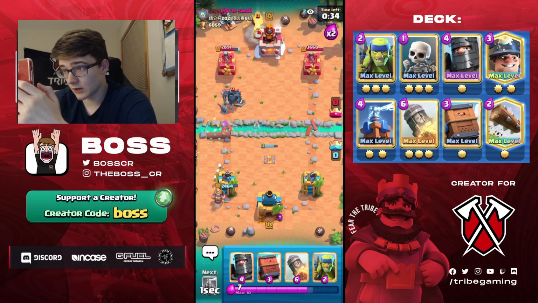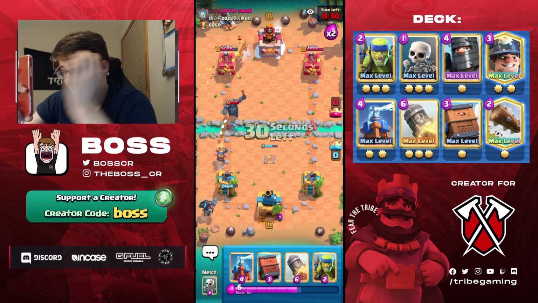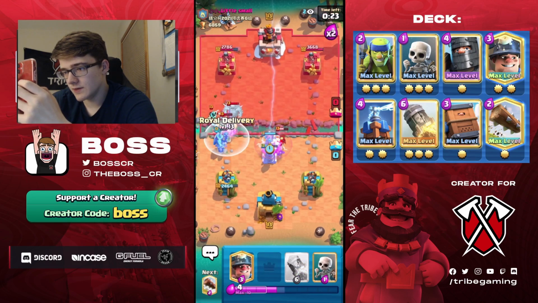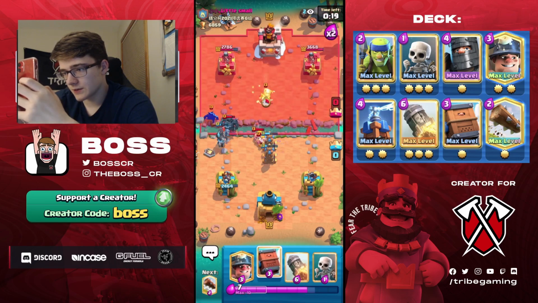I'm going to log this here. Go Dark Prince. Let's just play perfect defense. If we play perfect defense, maybe he won't be able to break through. We're going to charge it on that. We're going to do this. Ooh, okay. This is actually getting a little bit...